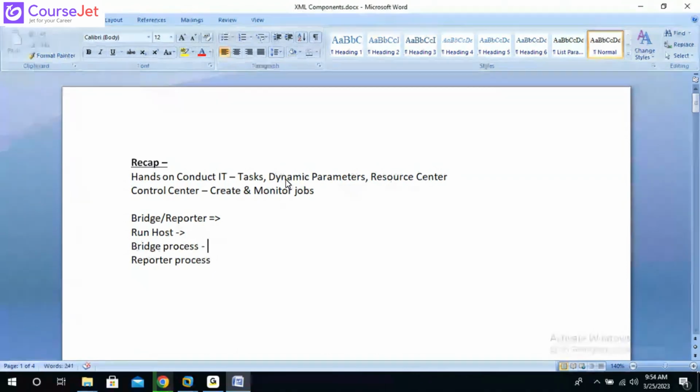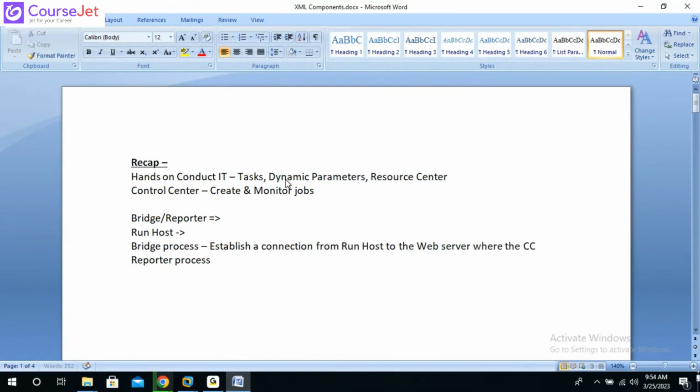So this bridge process will establish a connection from the run host to the web server, the web server where the CC instance is installed. And this reporter process reports the log information, so it reports the